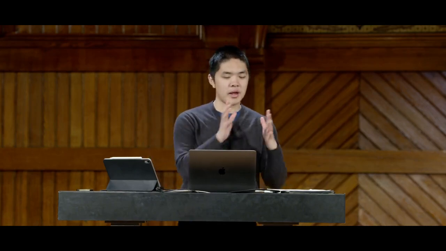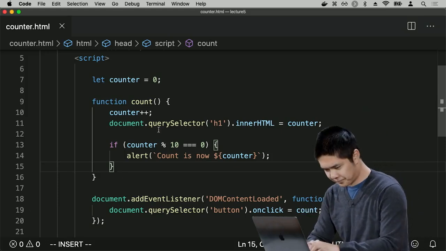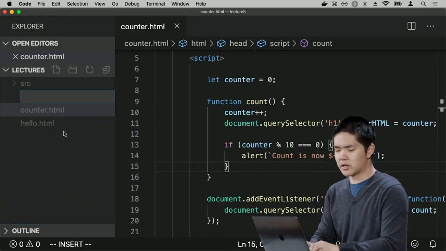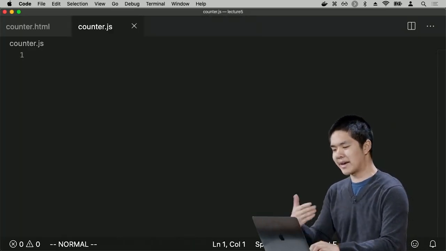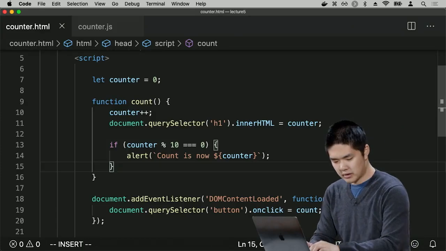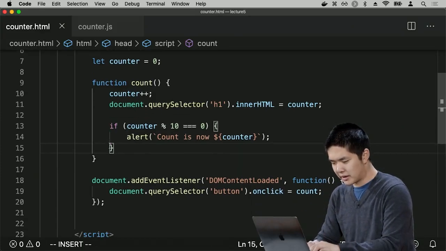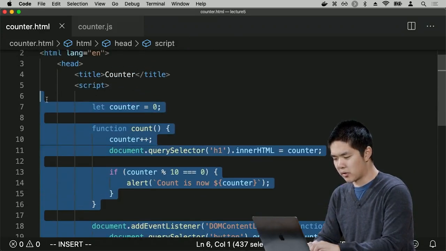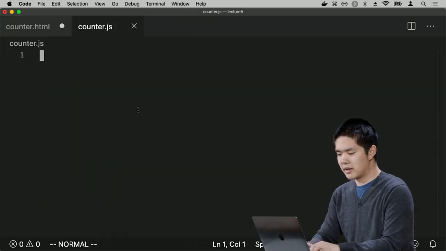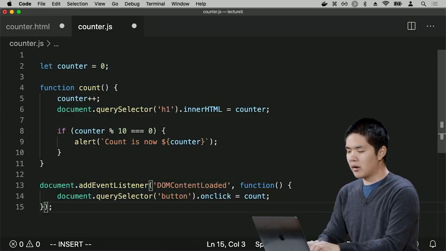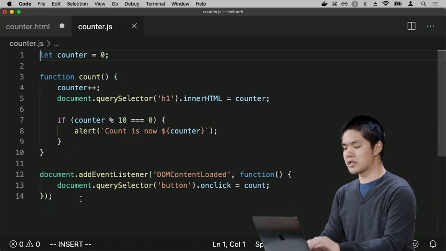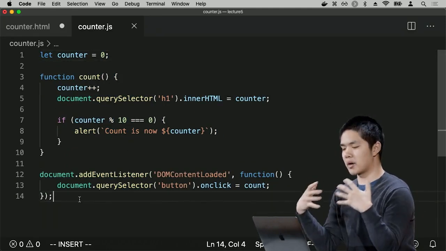So there can be value in separating our HTML code from our JavaScript even more by moving our JavaScript into a separate file. And so in order to do that, I can create a new file that I'll just call counter.js, which will contain all of the JavaScript for my counter.html file. So in order to do that, what I can say is let's go ahead and copy all of this JavaScript code, go ahead and cut it out of this page, and I'll paste it into counter.js, remove some of that indentation. So now I have a file called counter.js that just contains all of the JavaScript I want to run